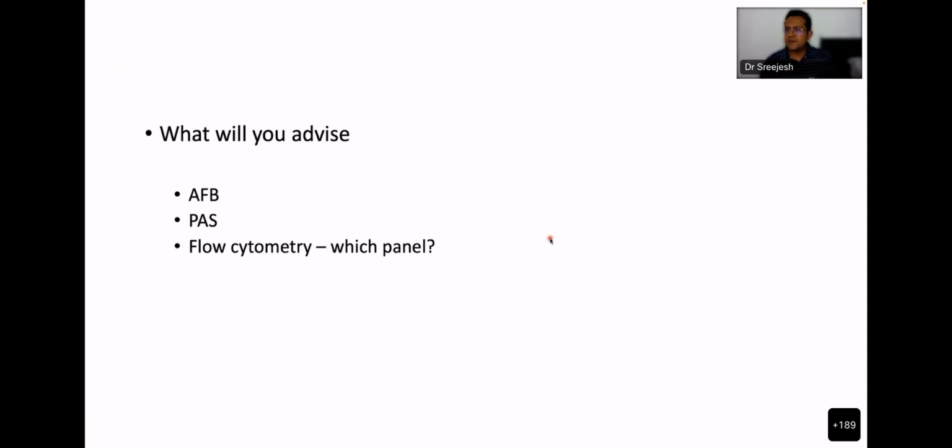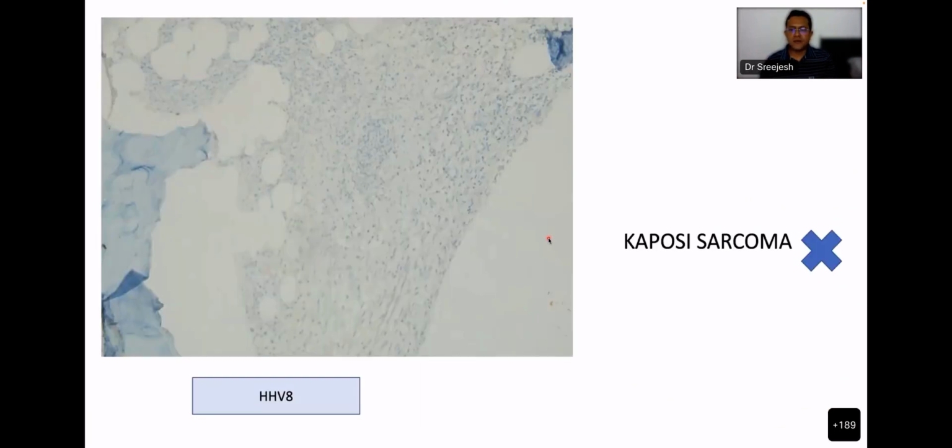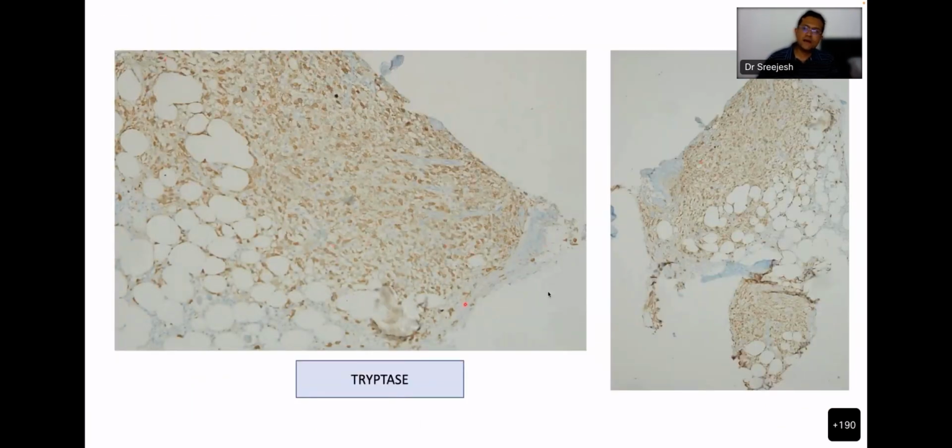Mast cells are there. You have to confirm whether the mast cells are abnormal or not. And of course, IHC you can do. We have done HHV8 and it was negative. This is tryptase. Tryptase is highlighting all the mast cells. So this was a case of